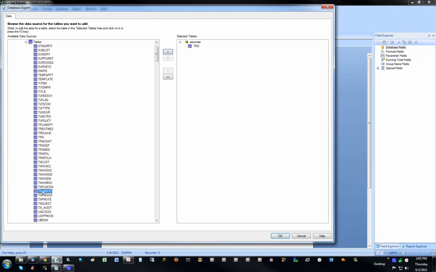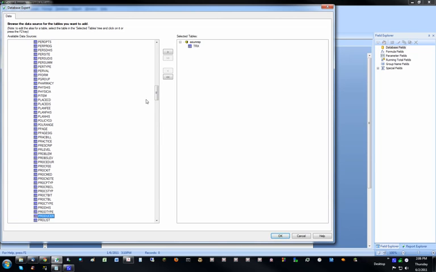Usually you'll know what you want to add, and depending on what you want to add, then you know which tables to grab. And there's going to be report requirements that will tell you that. And if you don't know what's in each table, your database usually will have what's called a data dictionary, and it will be like an Excel spreadsheet with a list of all the tables and all the fields inside each of these tables, what kind of data types they are, and a little short description of what they're used for. So getting back, I have this TRX table and I'm going to grab this producer table,